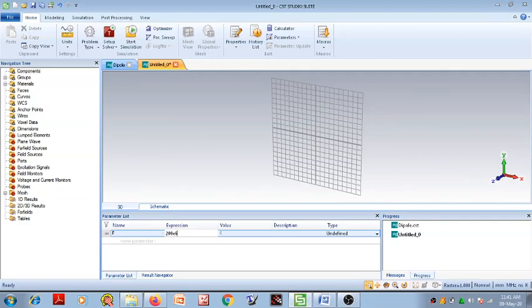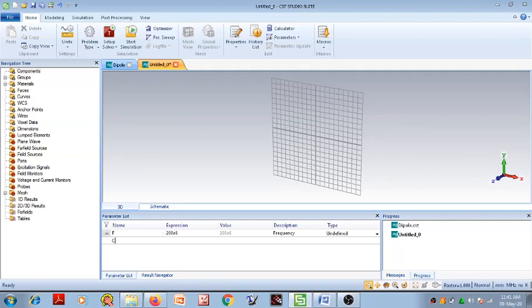E6 indicates that it's a 10 to the power 6. Now in description write down frequency. Okay, frequency has been defined here in the parametric list.